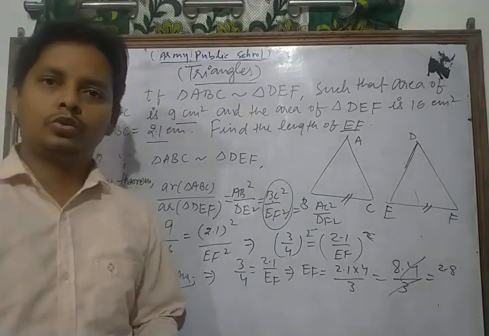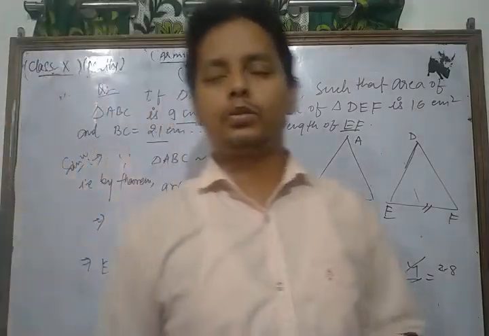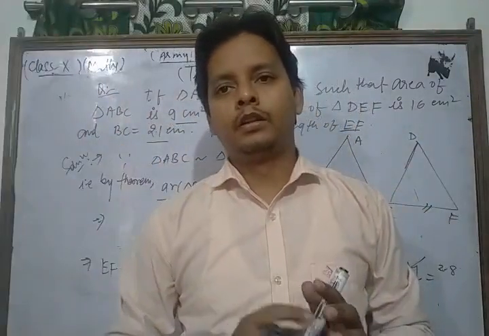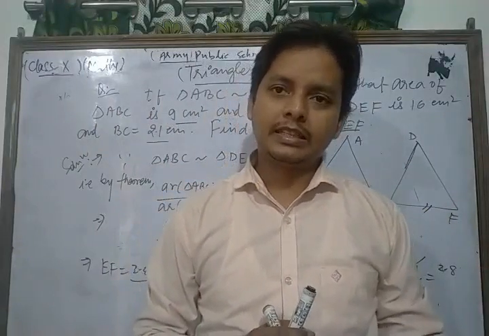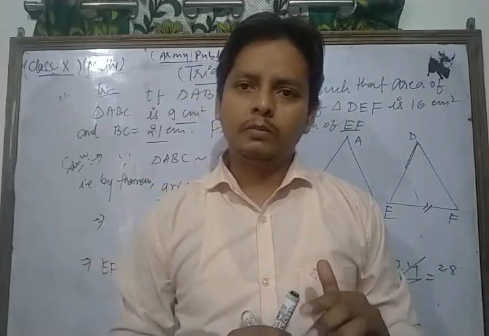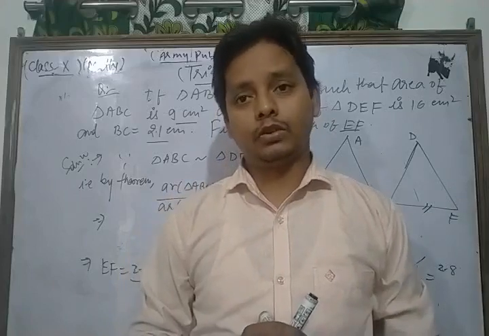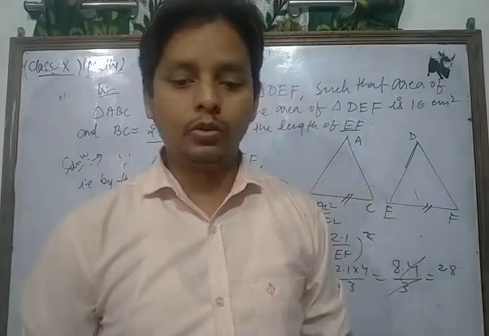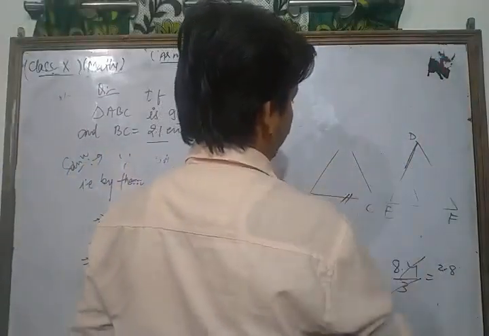So this is the method, dear friends, to solve this type of question based on the theorem. The ratio of the areas of two similar triangles is the same as the ratio of the squares of their corresponding sides. So in this way, do more and more practice of theorems, as well as questions based on that topic. Now we take some other important questions from your NCERT book exercise based on this topic.